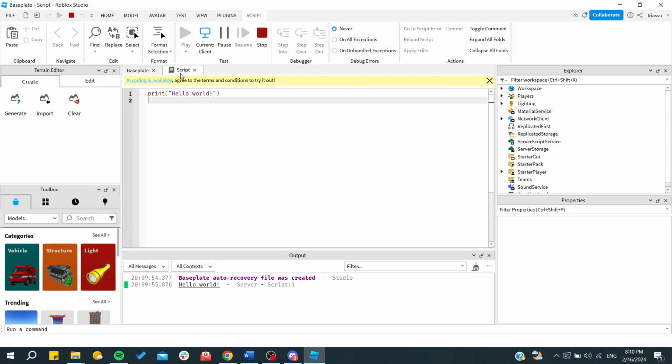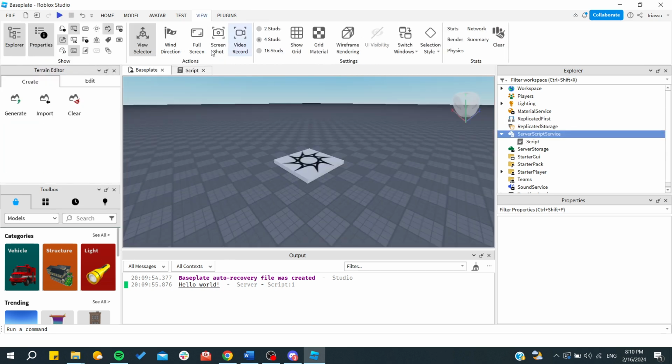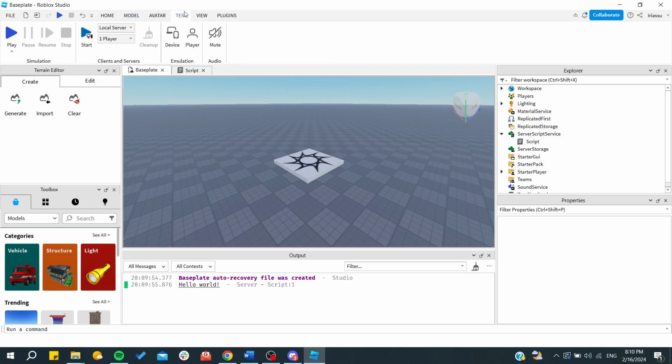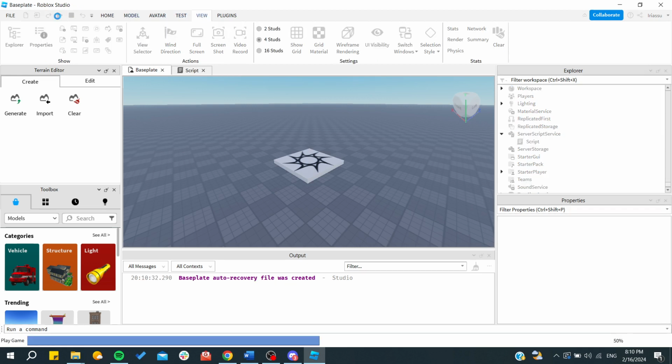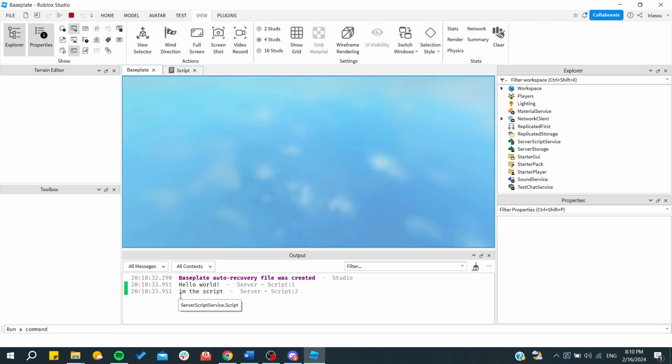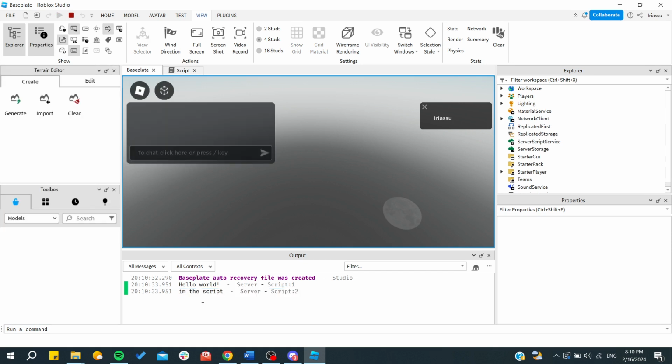Otherwise, if we go to the script here and print something, of course it should be in quotation marks, we will have the script that we run. Of course, you need to pause or stop the game and rerun it so we can see the script. Let's go to the View. We start the game, and as you can see, we will have this text that will be added on the